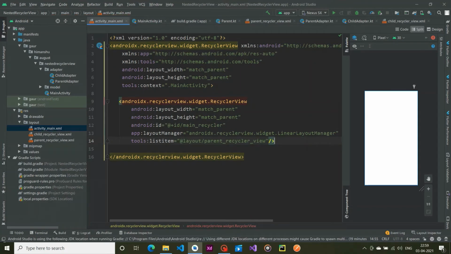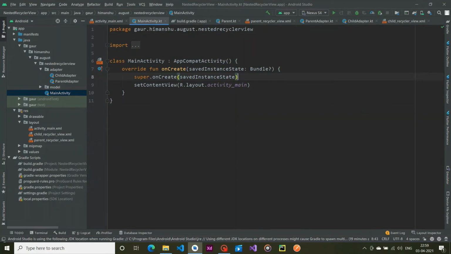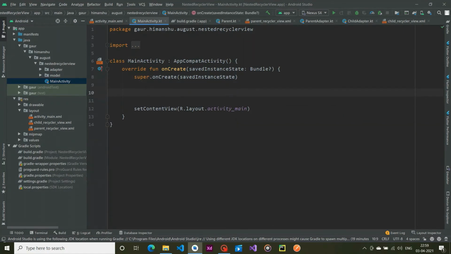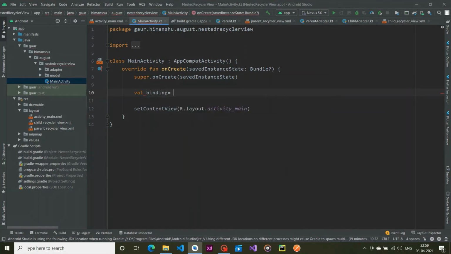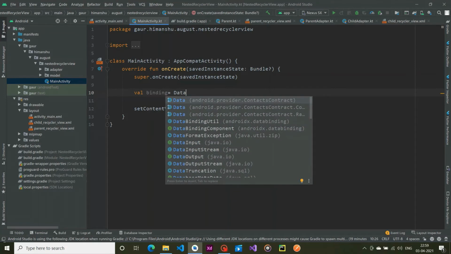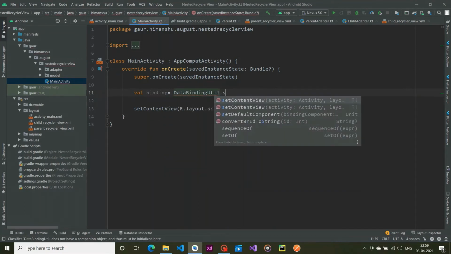Okay, so everything is fine, and now we are going to our main activity part. So we are actually using data binding, so I'm going to create a binding. This is a variable, and by using DataBindingUtil, this one, we are going to set content view.